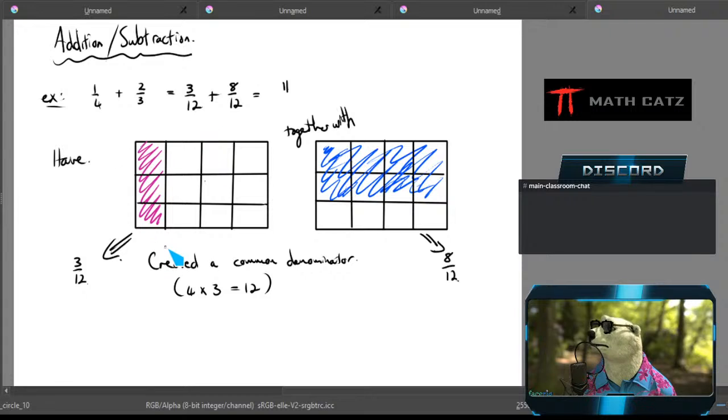How many pieces does it take to make a whole rectangle? 12. Therefore, our answer is 11/12. Now I will stress again, it is on record, on video. I will quote this video if you say anything later on. This is not how you answer the test question. This is now